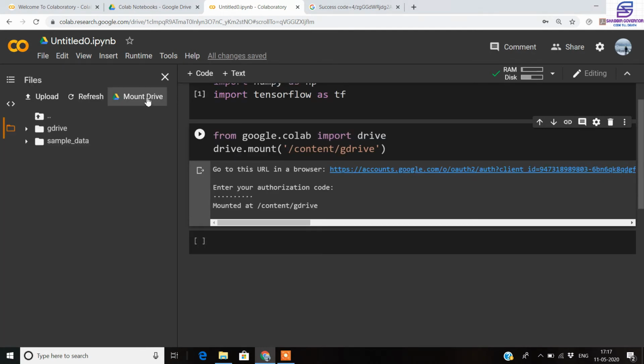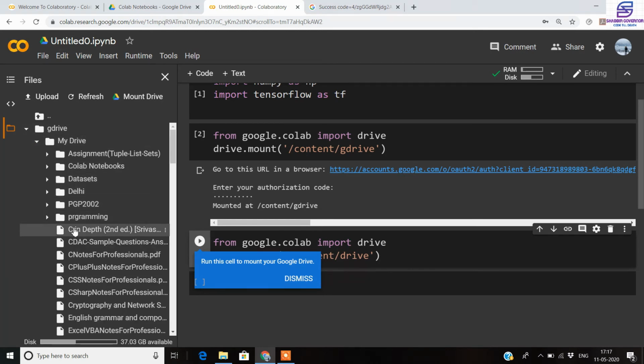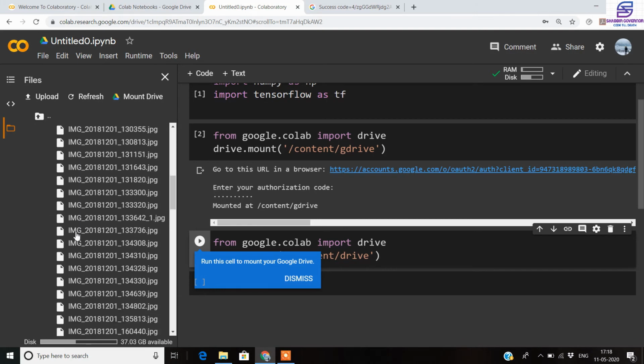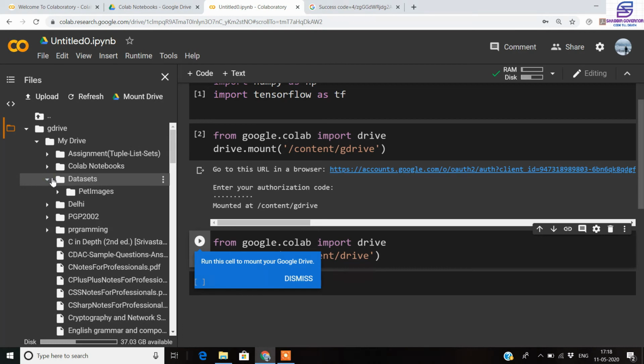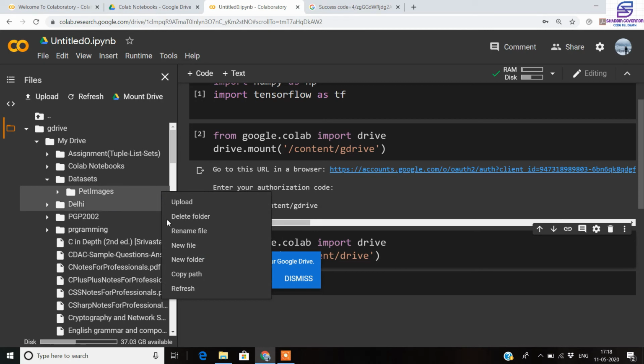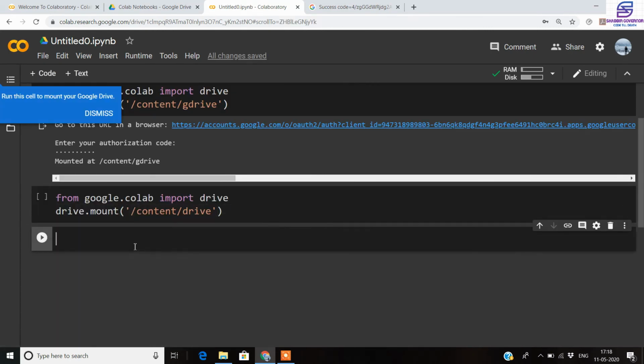So when you click on this folder here, now you go inside this gdrive option, so you can see that your drive is mounted here, and all the things that were inside my drive you can directly get here. Like I had a dataset folder, and inside that I have some dataset of pet images. So if you want to copy the path, you can directly copy the path here. You can directly paste it here inside your pandas data frame or whatever kind of deep learning application you are making. So this thing comes very handy to you.